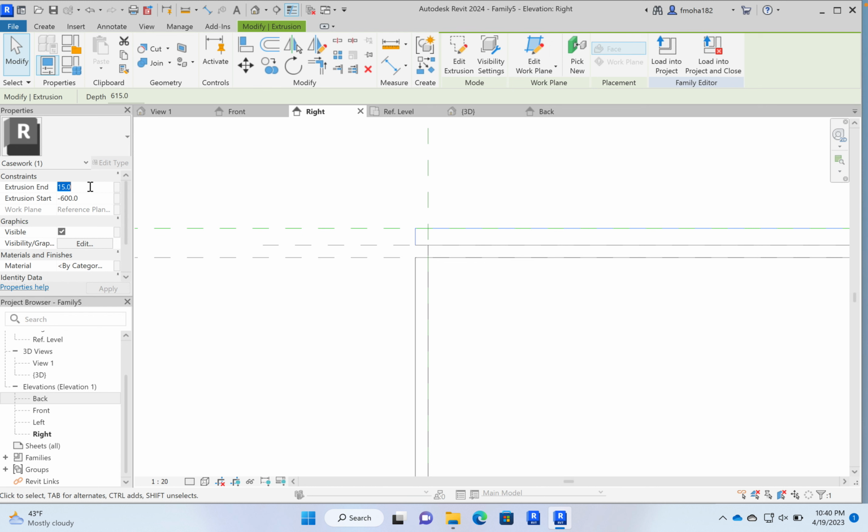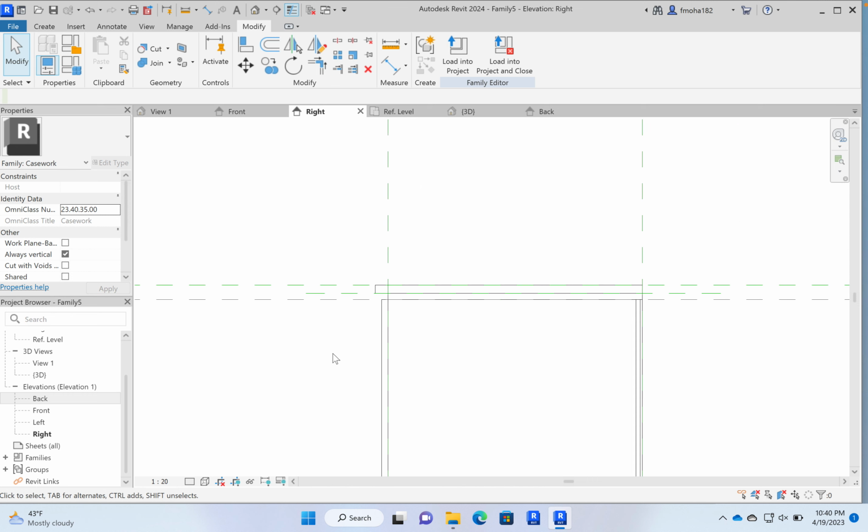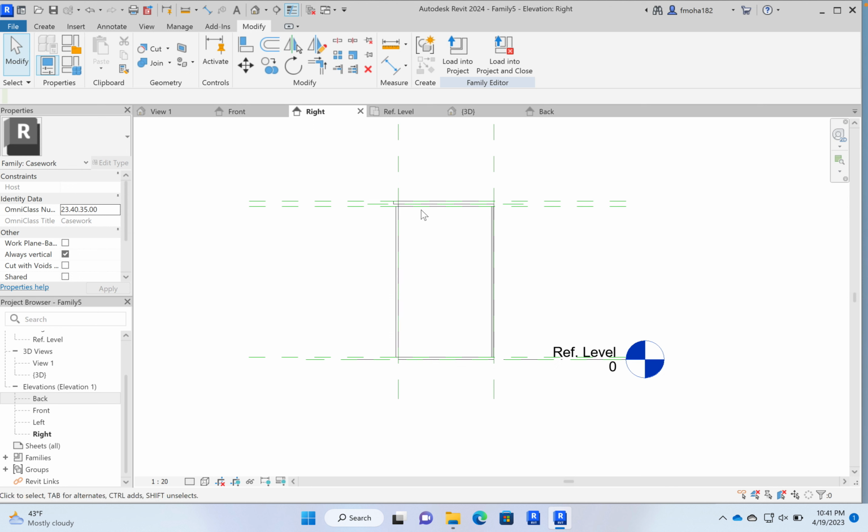So I'm gonna make it 25 over here to see what's going on. Actually, let's make it 30. So this was 15, we'll make it 1.5 centimeters out of the cabinet door to have a clean